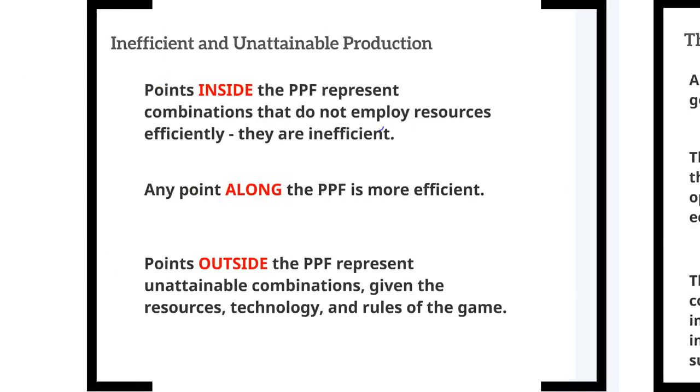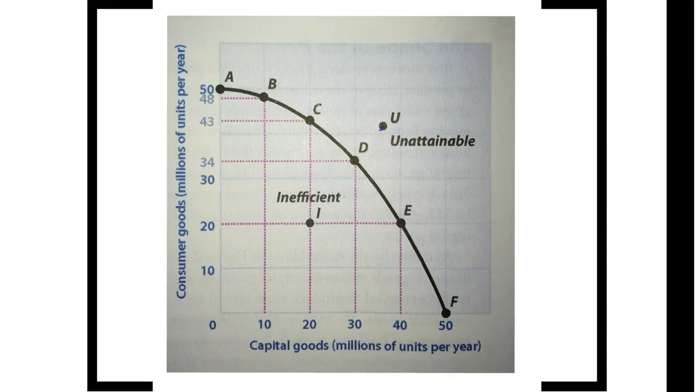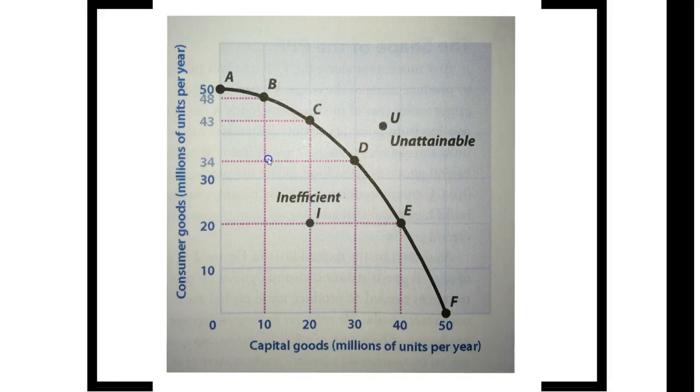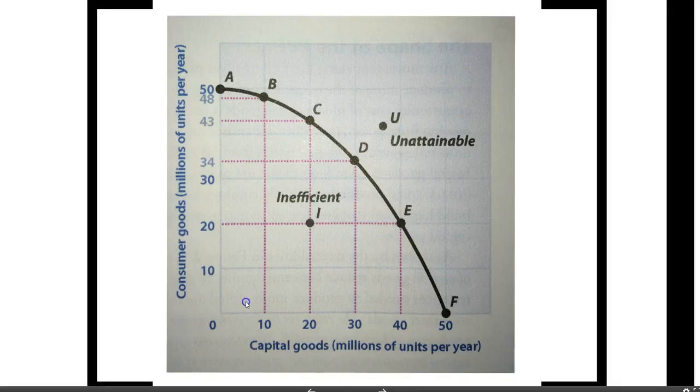Okay, so I'm going to go back to the curve. So if we look at this, the PPF has a bowed out shape due to the law of increasing opportunity cost. For example, where the first 10 million units of capital goods, right here, that is the increase from point E to point F, so E to F,